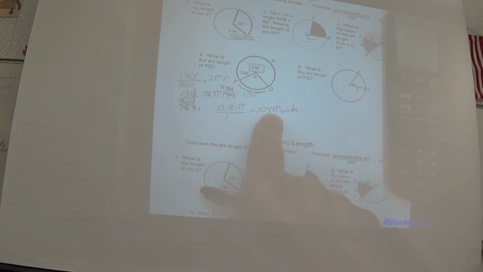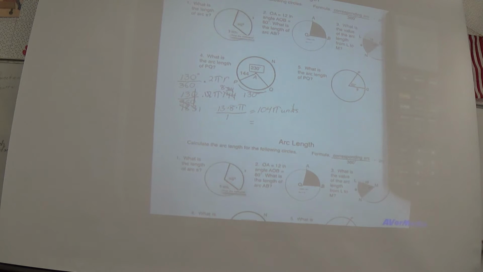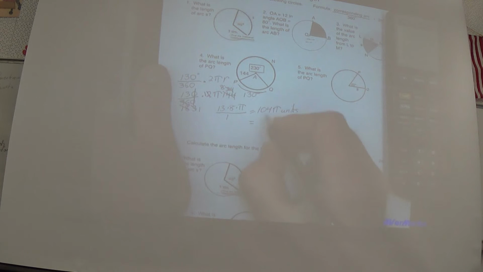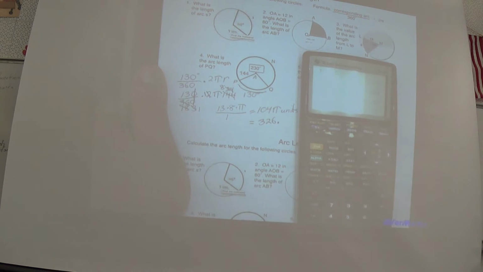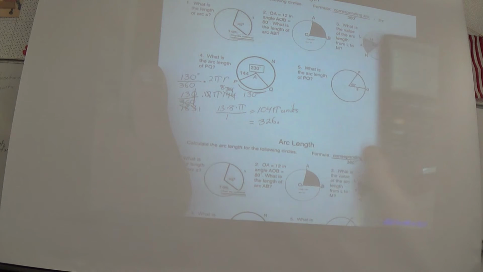And the other way we want the answer multiplied out, and rounded to whatever they ask us to round it to. If they ask us to round to the nearest tenth, that's what we do. If they tell us not to round at all, then we're not going to round at all. But now you take that 104 and you multiply that by pi, which is 3.14. That's what we're using, so we all have the same answers. And we get 326.56. If we round to the nearest tenth, that's going to be 326.6